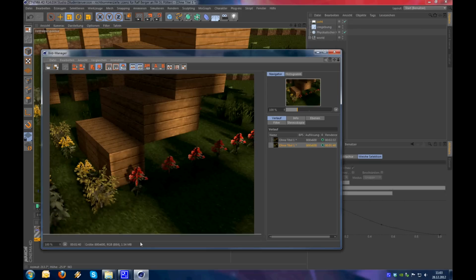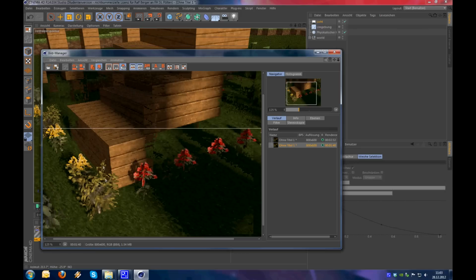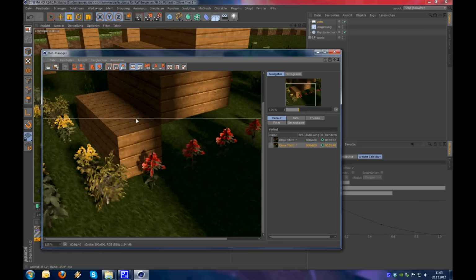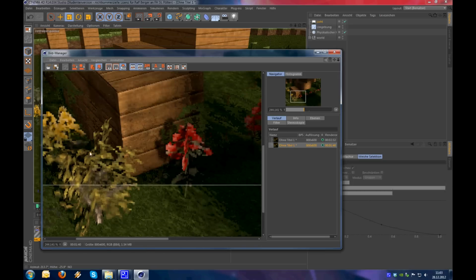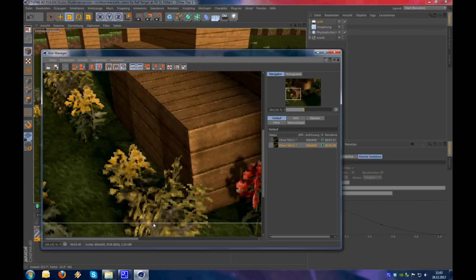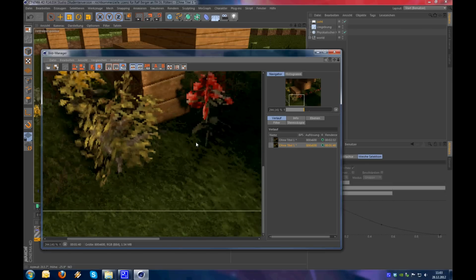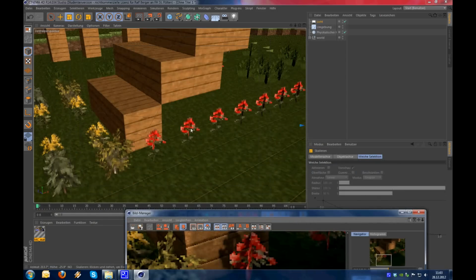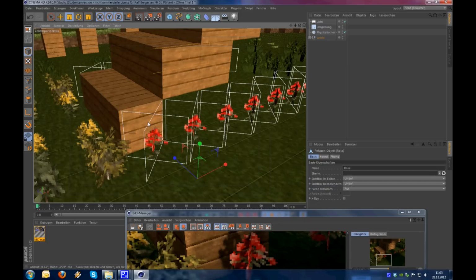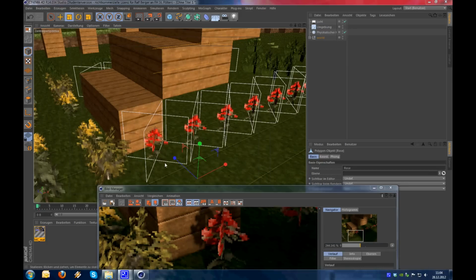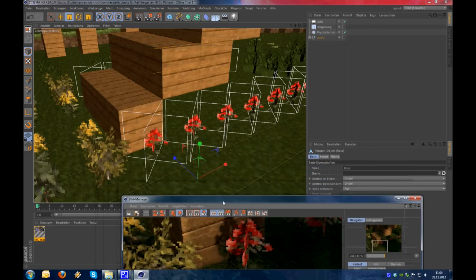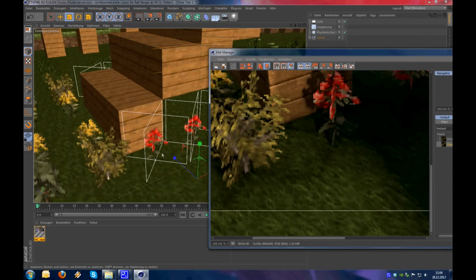But what you also may notice is that all the flowers look kinda weird. Why is this? It's because ambient occlusion does not recognize alpha channel texture. Because we have an alpha channel texture here, you can see it really well on here, for example. What this flower is, it's just two planes. We have two planes with an alpha channel texture, and ambient occlusion just notices that there are two planes